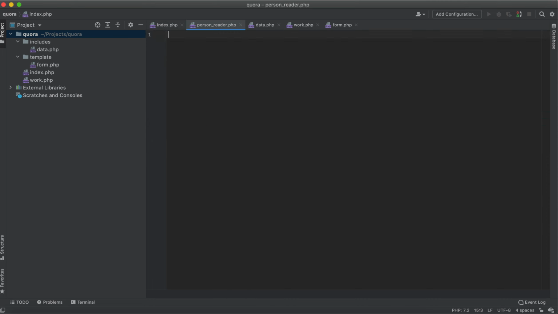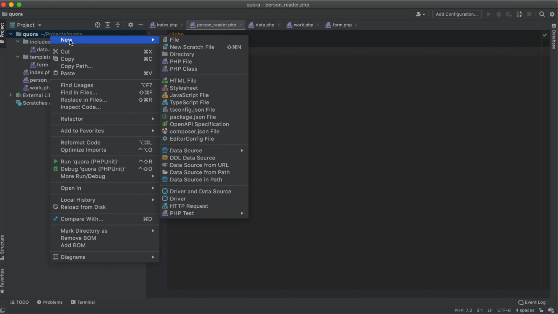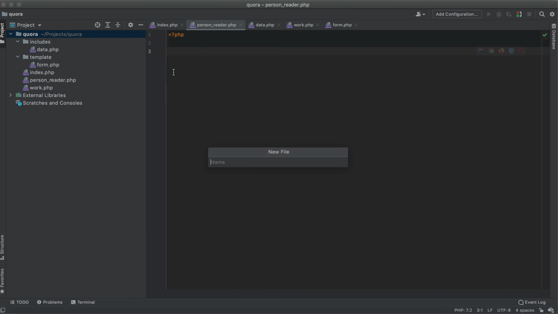Okay, again here we don't need the form, what we need is the data, and the data comes from a CSV file or a text file. We can create some file which is, let's say,